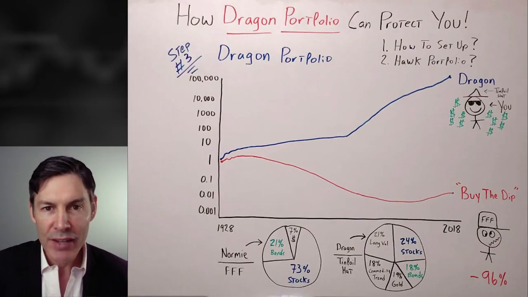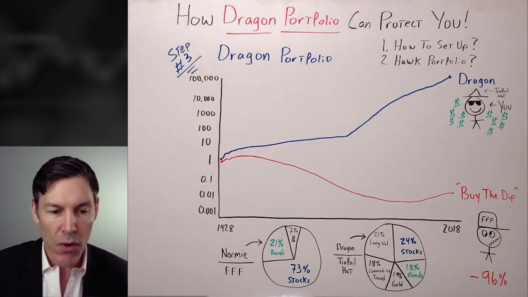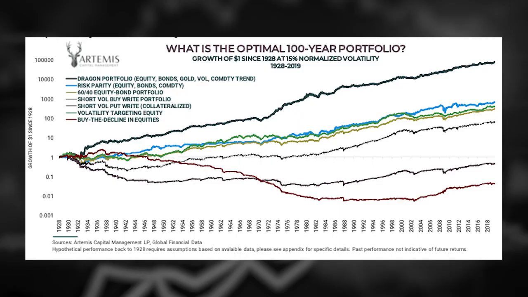When we look at the charts, how did these two strategies perform over time? Start at 1928, go all the way to 2018. With the Dragon portfolio, if you started with $1 in 1928, by the time you got to 2018, you would have over